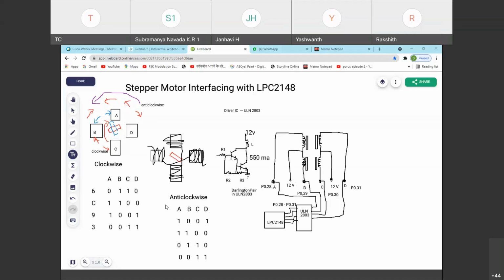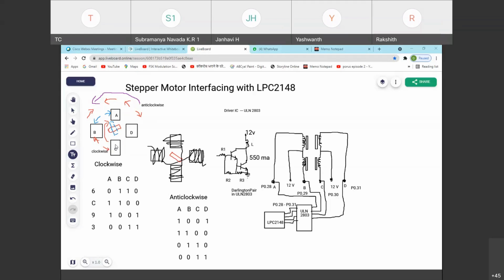You can see the diagram above; clockwise I have written A, B, C, D. I named the stator windings like this, A, B, C, D. I want to rotate in the clockwise direction. A is top, left side, B I named, be careful, C, then D. I want to move it in the clockwise direction. You just see A, B, C, D. Which 2 coils do I need to energize at a time, so that I attract the rotor in between those